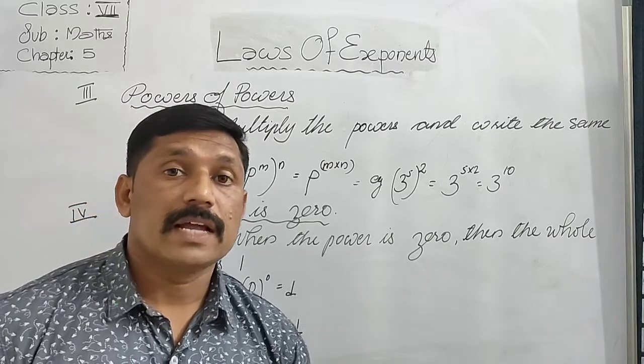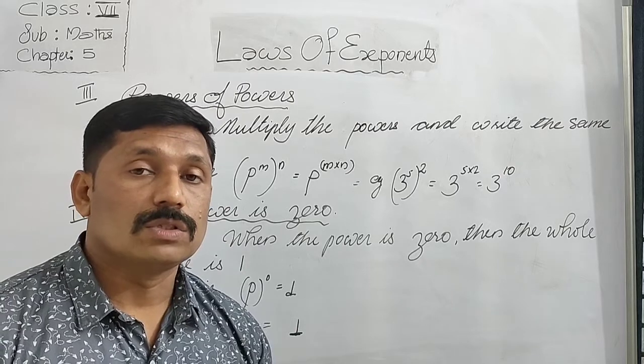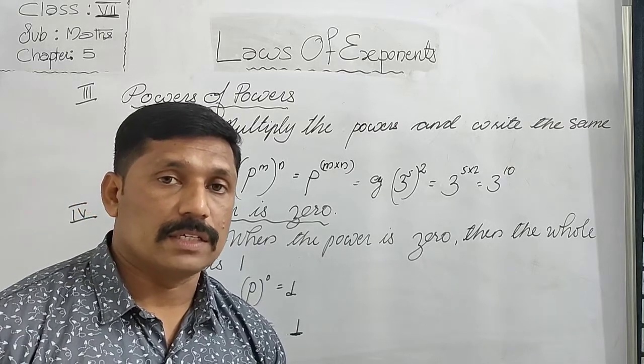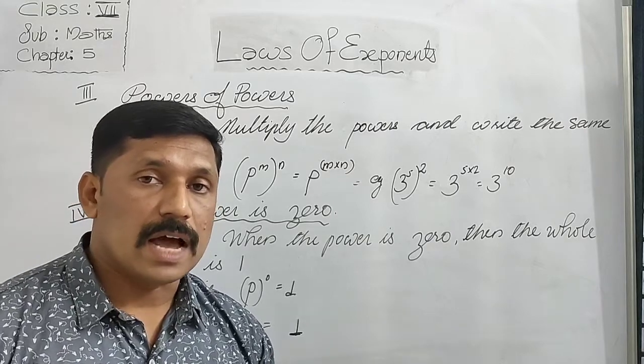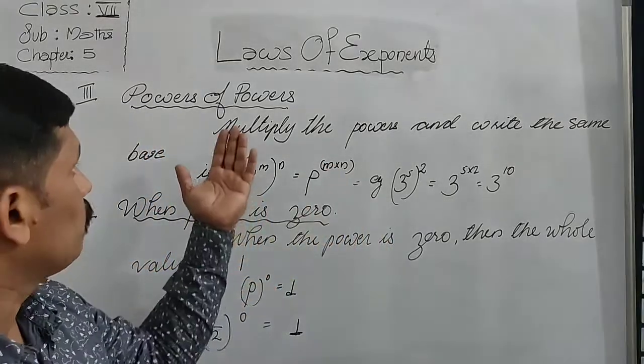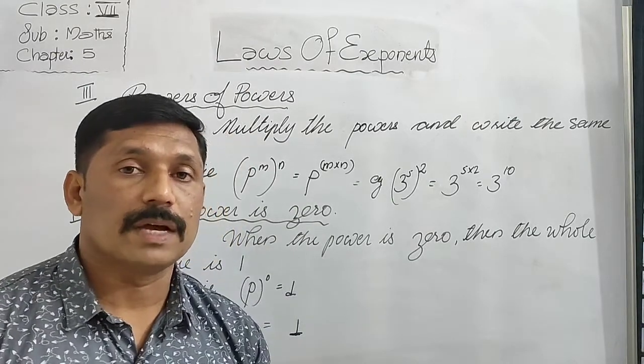So students, these are the important laws relating to the exponent. In multiplication 2 rules, division 2 rules, and 2 extra rules, powers of powers and when power is 0. Total 6 important rules we have studied about